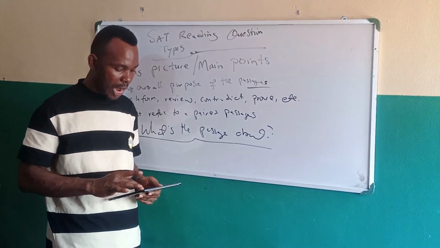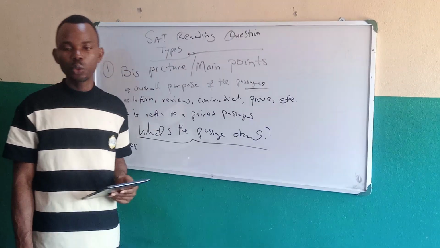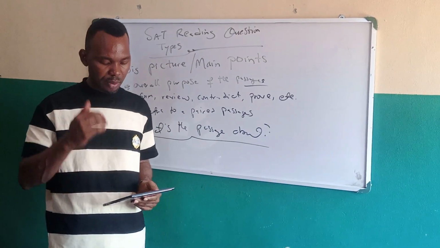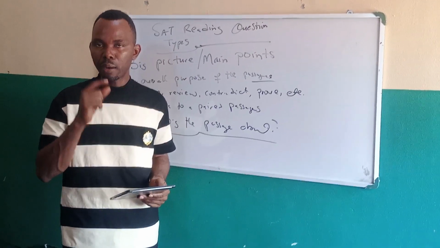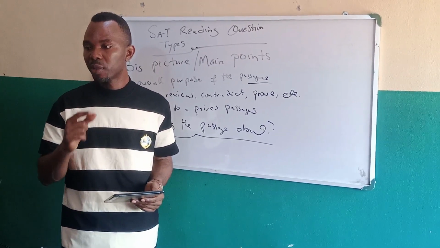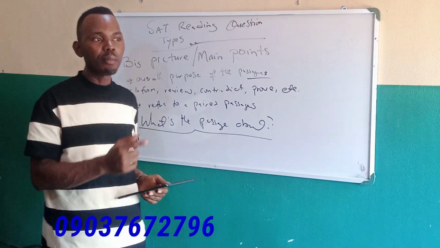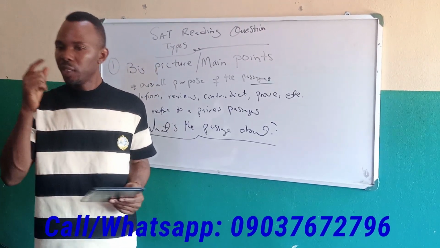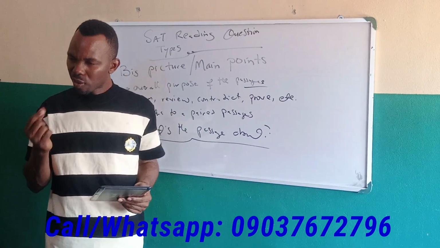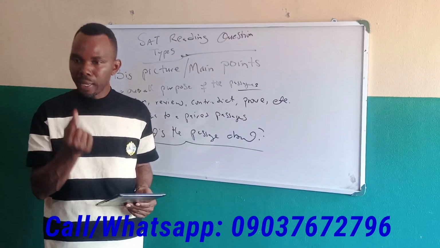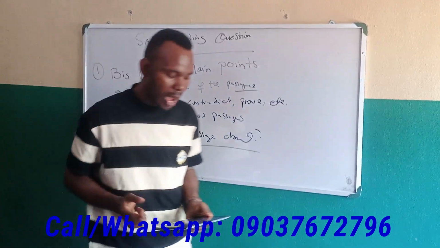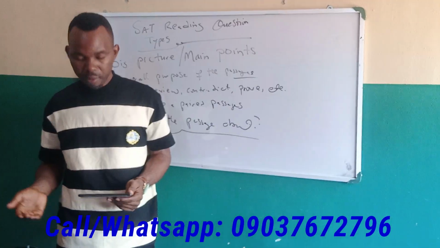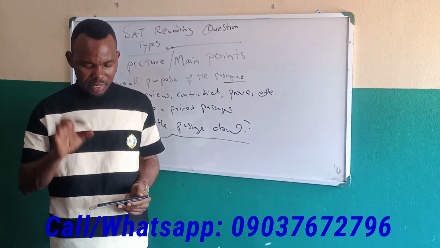The next question type is actually called the little picture or details. This question type will ask you to refer to specific detailed information in the passage. It's as simple as somebody asking, what is the engine number, or what is the phone number of maybe the manager, or what is the name of the driver. You understand? Specific information. So under the little picture or detailed question type, you are simply going to be asked detailed